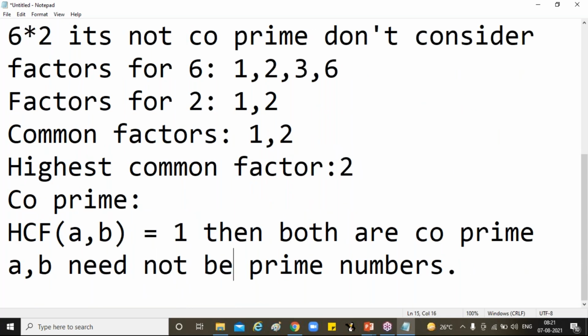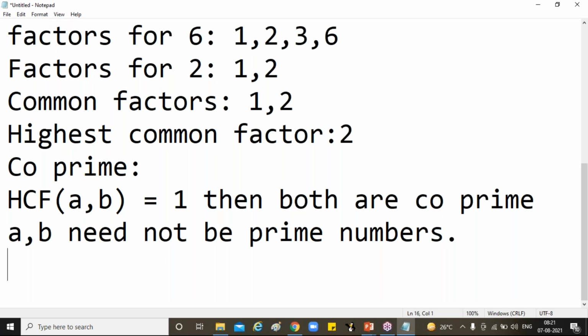And moreover, while practicing, you will understand this shortly. No need to find it every time because we don't have that much time, but the concept is hidden in that. If you have to take 4, it is nothing but 2 into 2. The number is not only divisible by 2. The number should be divisible by both 2 and 2, that is 2 times 2. The highest common factor is always equal to 2.